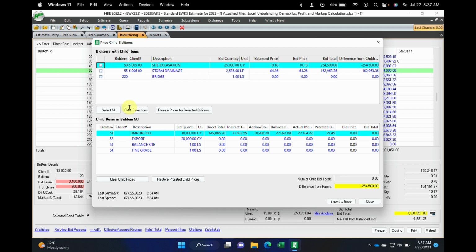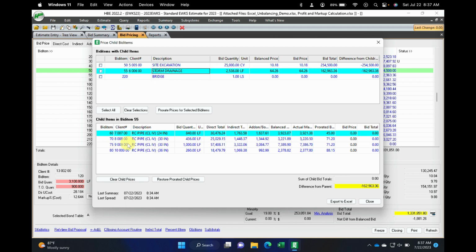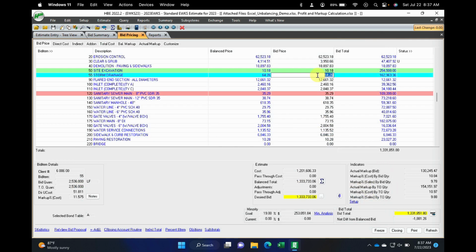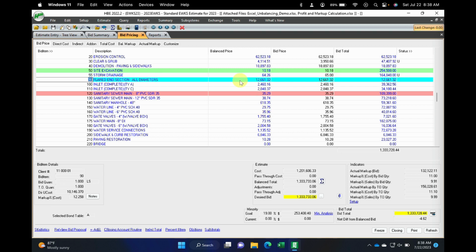All right. And then let's go to the storm drainage item, which I've already done. Those are my storm drainage items. And you look right here, I got a prorated bid price. So my price right now is $64.26. In fact, let's do this. Let's make the drainage, we're going to unbalance it. Let's make it be $65. There you go. Now let's right click